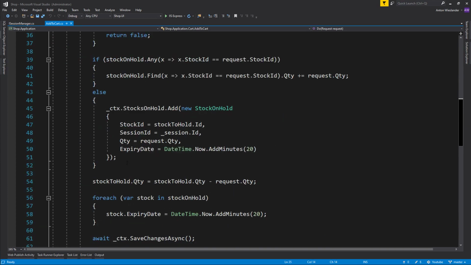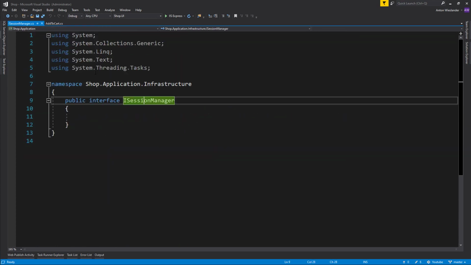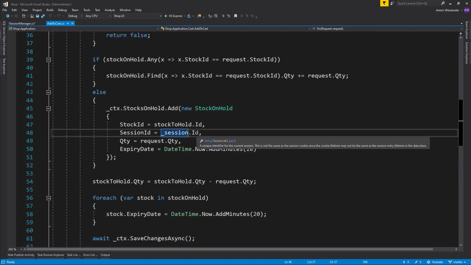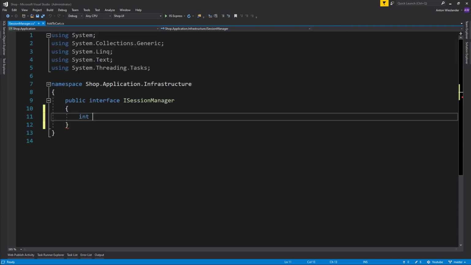But for now, we are doing primarily three things. So we want to create a prop, but we want to get an ID. So we get the session ID a lot of the times. We get the cart products from the session, and we save cart products to the session. So let's go ahead and create an int. Let me double check that the session ID is an int, but nope, it's a string. So let's say string GetId,